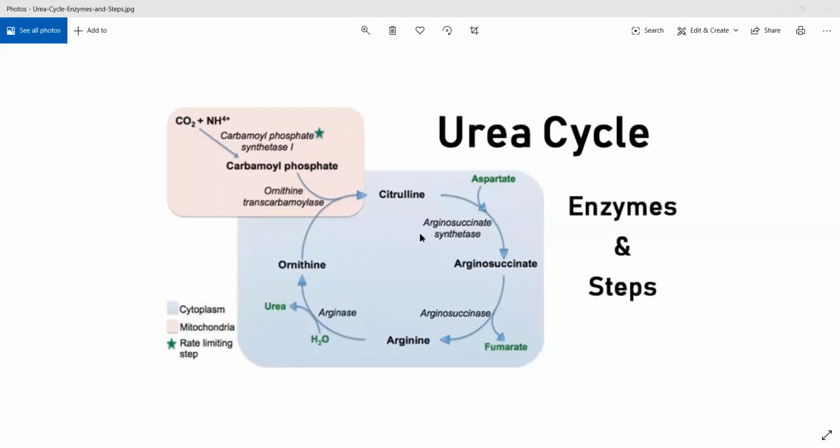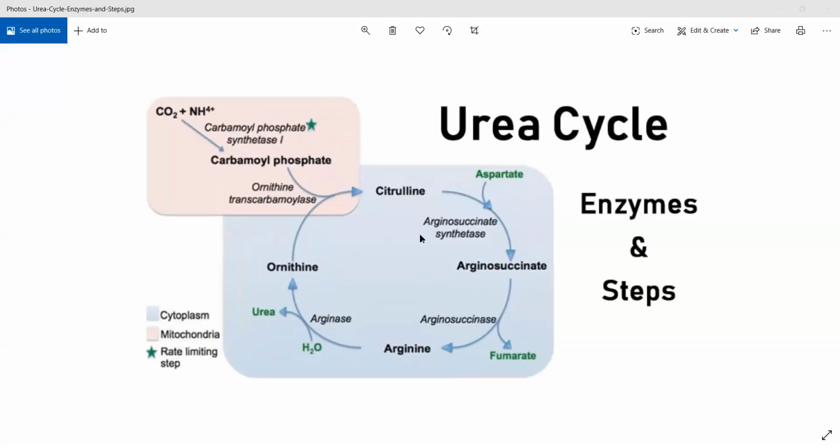Now, urea cycle is basically performed so that nitrogenous compounds that are formed from your amino acids, the nitrogen of your amino acid, will be converted into ammonia. This can be toxic to your body. As such, ammonia, if it is freely flowing in your body, it can be toxic. To avoid that, to get it detoxified, urea is formed. It is converted into urea and it is detoxified.